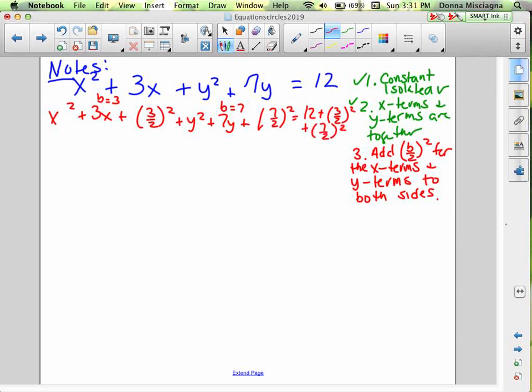by 2 squared. Now notice they're going to be fractions. Do not make them decimals. Keep them fractions. They're much easier to work with, right, especially for completing the square. All right, so now let's square and simplify. All right, so we have x squared plus 3x plus 3 halves squared would be 9/4 plus, well, actually I